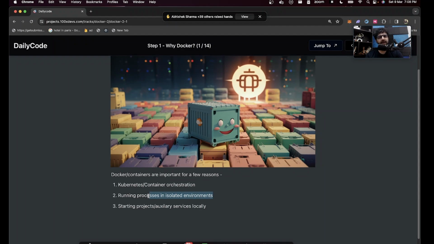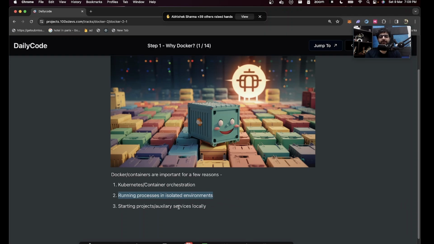If you have one very big EC2 machine and you have isolated environments, you can run 10 different applications on it, and those applications can't talk to each other. They're very isolated. So that's the benefit of using containers. There are 10 different benefits that you'll eventually understand as you begin to containerize applications, but these are the ones that really pop off initially.